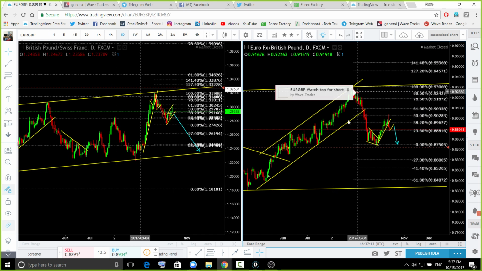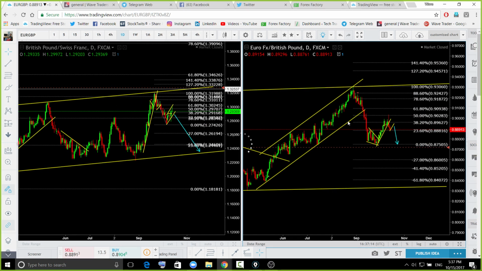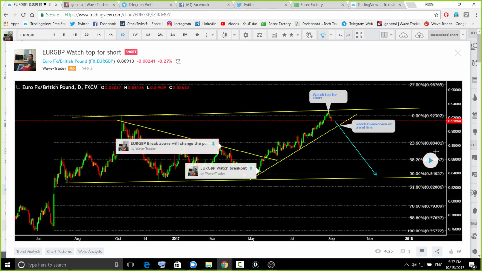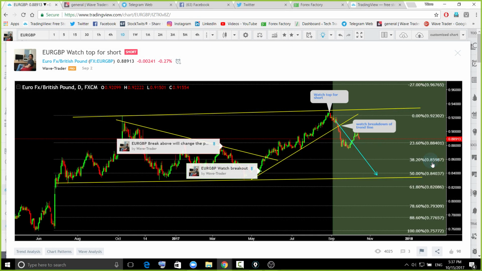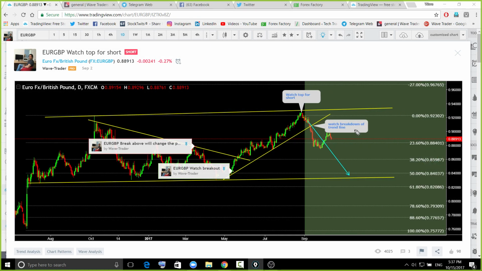So what we were looking for on the euro pound from the top, we were looking for this pair to give us a big wave to the downside. Yeah, so it looks like a bigger daily continuation formation at this area. Okay, so what will happen if we sell the pound chief and we sell this pair at the same time?